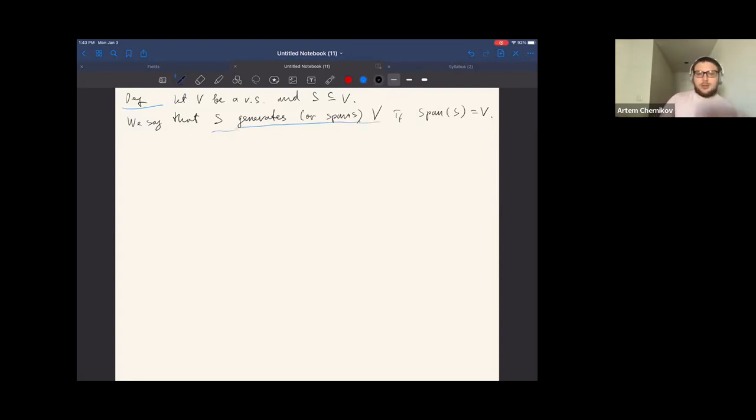Okay, so this allows us to talk about generation of spaces by a given set. And also another definition which aims to complement generation. So a subset S of a vector space V is linearly dependent